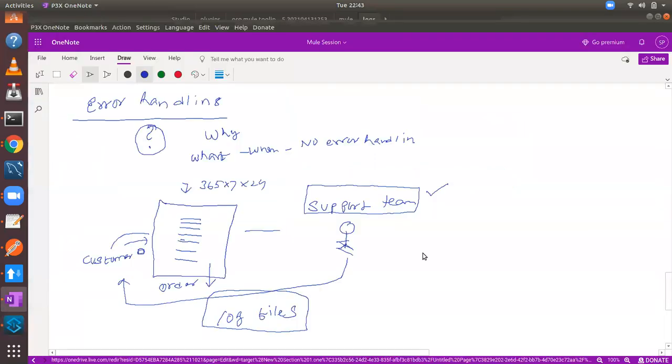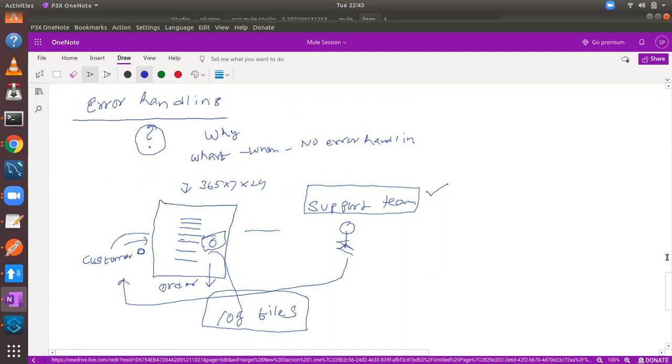So the log file contains your application transaction statements. Whatever you do, whether you write a file, insert into a database, or do some kind of transaction, you can write that information to the log file using the logger component. In the Mule flow, you configure the logger component and write information to the log file. You may be wondering why I am saying all this, but for error handling, this is why logs come into the picture. My intention is that when an error occurs, we need to write that error information to the log file.